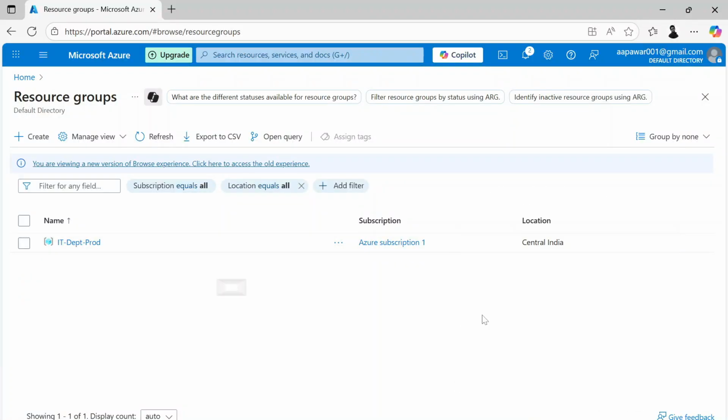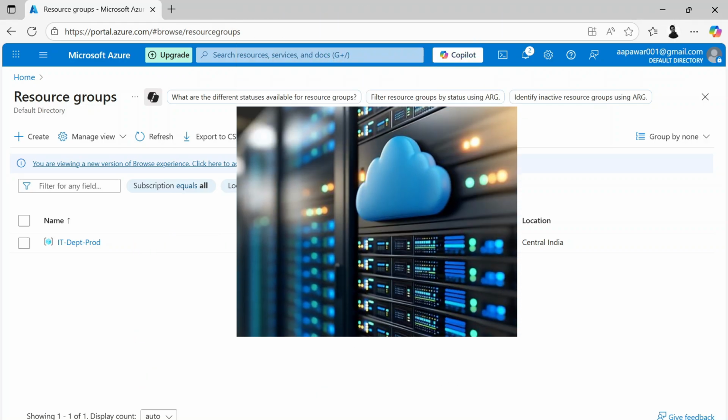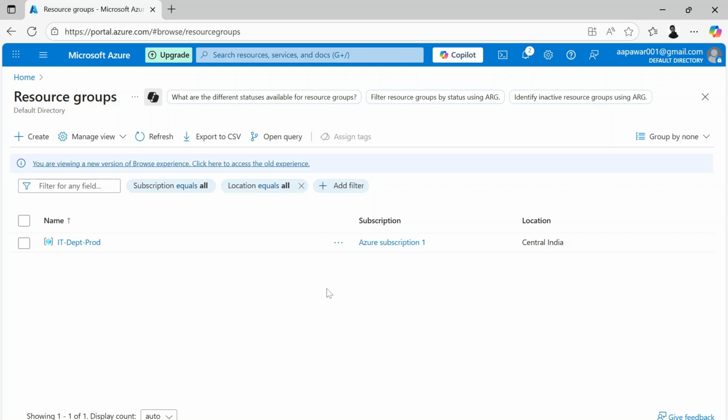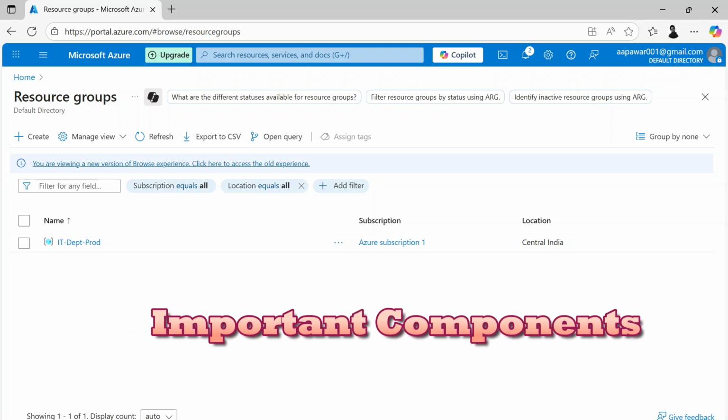Before we create a virtual machine in Azure, we need to build the platform where it will run, just like setting the foundation before building a house. Okay, so in this session, I will walk you through all important components you need before launching an Azure virtual